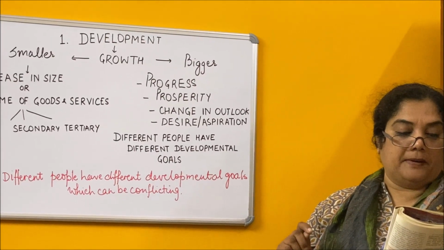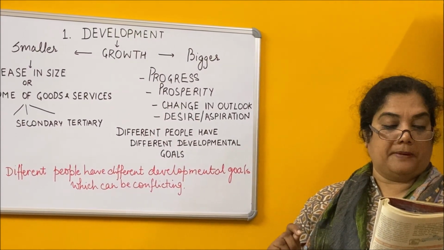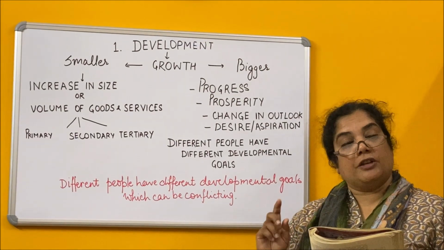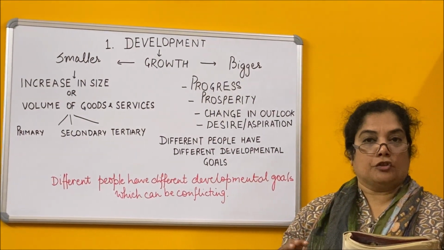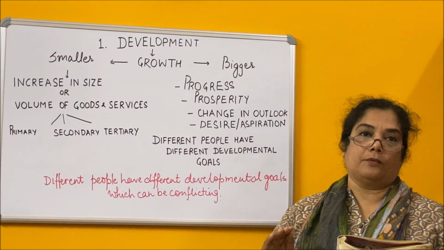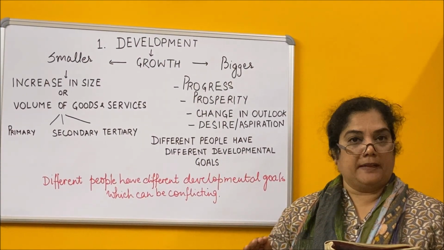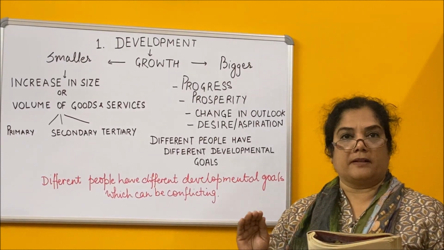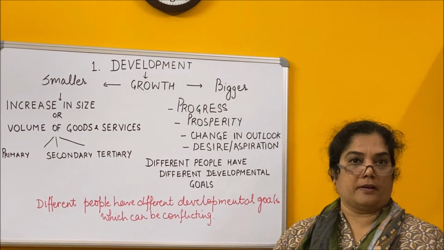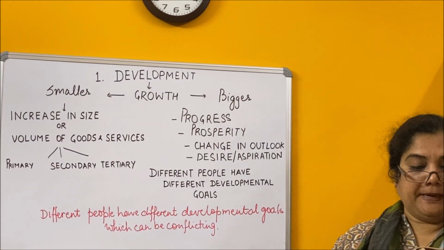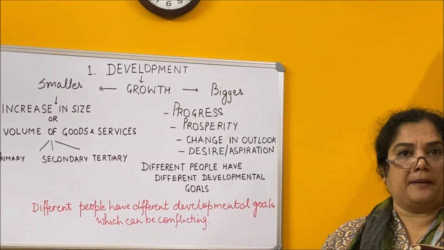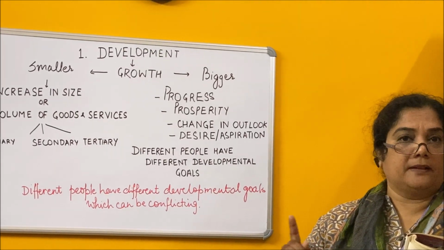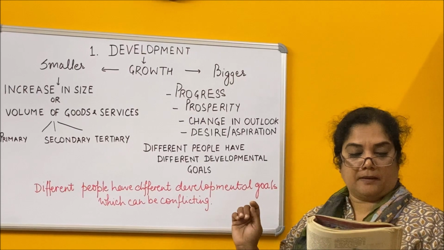So you have various examples like the rural woman from a land-owning family, an urban uneducated youth, a boy from a rich urban family, a girl from a rich urban family. Let's take a girl from a rich urban family. She is already rich, she has enough money. So what would be her aspirations or what would be her goals? It is not money in this case, it would be that, being a girl, she gets that freedom, she gets that respect in the family that she desires. So development for her would be respect in the family, the freedom given to her, no comparison of the girl with the boy or the brothers in the family. That would be her developmental goal.